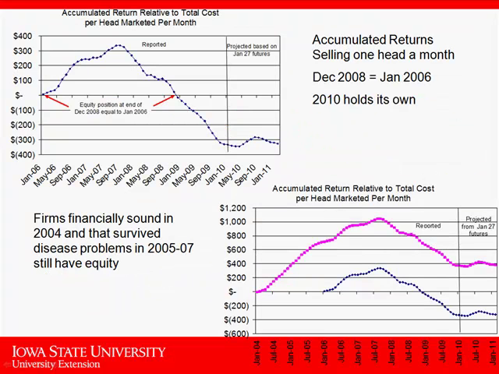What does that mean as far as Mark's concerned here on an equity position? Well, I took this top line up here as kind of a track on equity, if you will. You go back to January 2006, I said if you started at 0, so think of a cookie jar sitting on your kitchen counter. Every time you sold a hog and made a profit, you put the profit in the jar. If you had a loss on that hog, you took that much money out of the jar. And if you started with an empty jar in January of '06, you had an empty jar in December of '08.